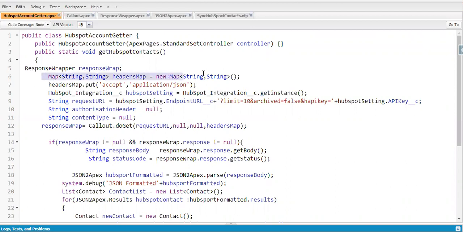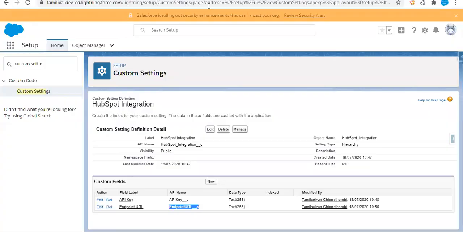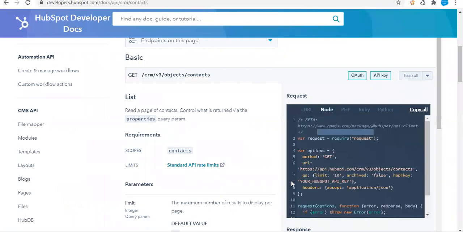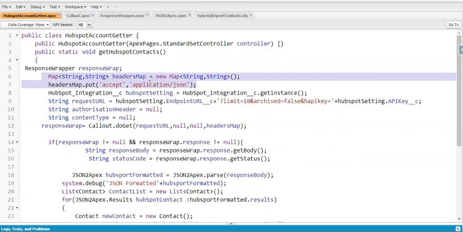First, I have created the header map for storing the headers which we need for making the callout to HubSpot. If you click on the node, you can see HubSpot needs the header set accept application JSON. That one I have stored here.